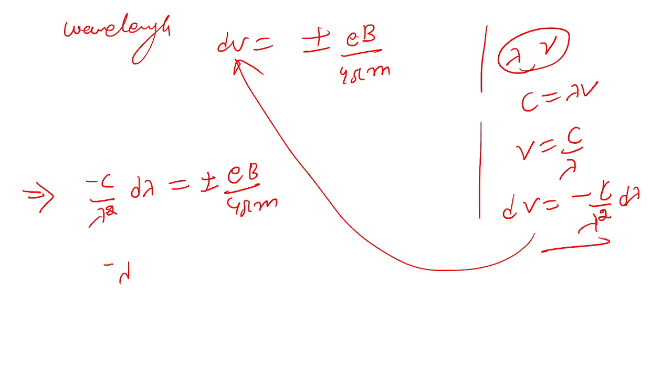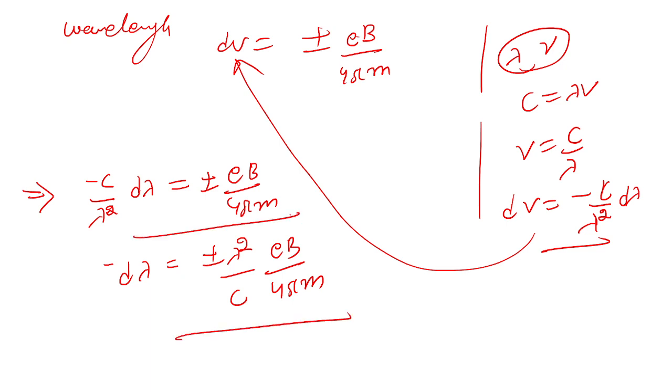From here we can easily calculate d lambda, which equals plus or minus lambda square over c times eB over 4 pi m. This is the difference in wavelength between the spectral lines. So by this expression we can